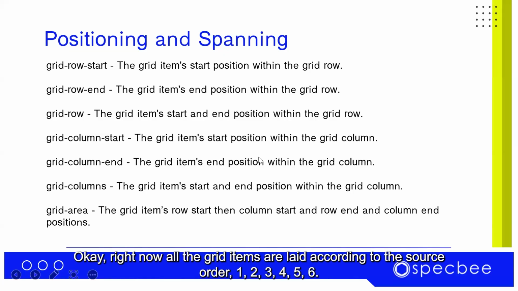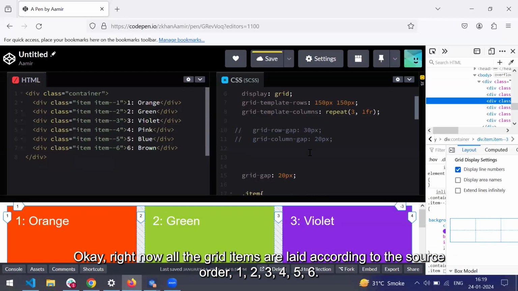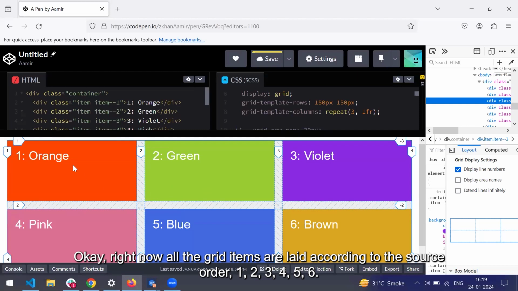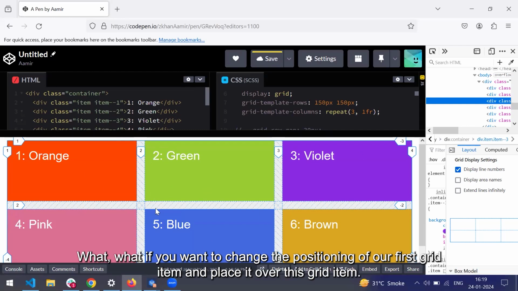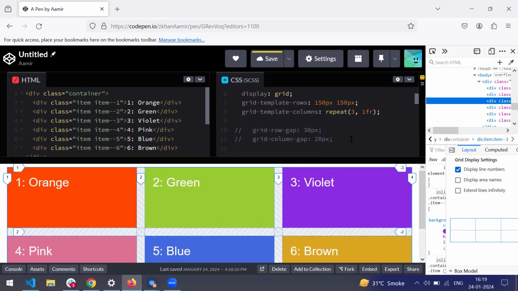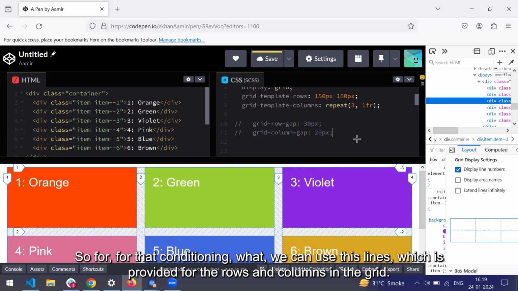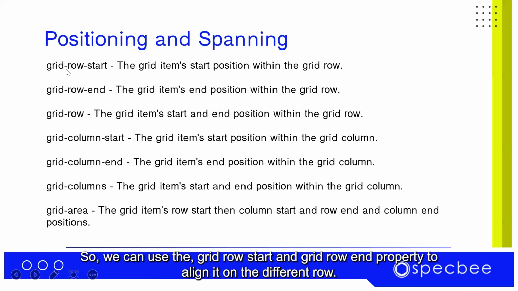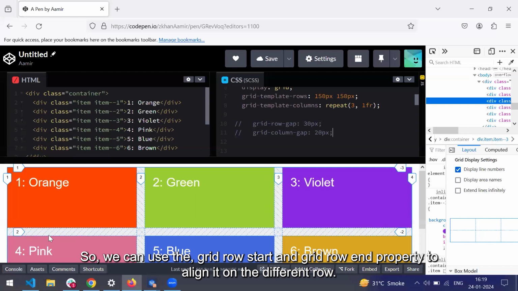Right now, all the grid items are laid according to their source order: 1, 2, 3, 4, 5, 6. What if you want to change the positioning of our first grid item and place it over the fifth grid item? For that positioning, we can use the lines which are provided for the rows and columns in the grid. So we can use the grid row start and grid row end property